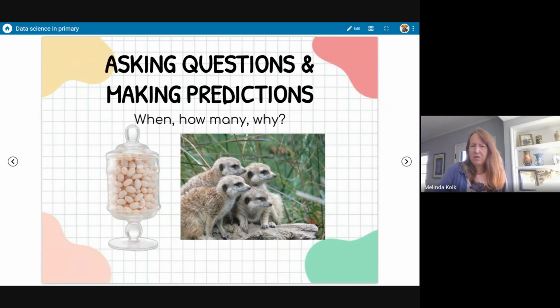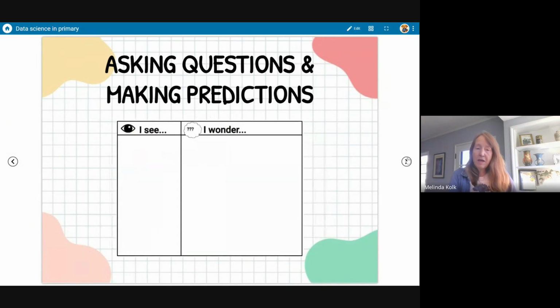But my biggest question is, what are they looking at? Are they all looking at the same thing? What has their attention? And so we're sort of doing an I see, I wonder, and hopefully, again, when kids are filling out that I see, I wonder, they can formulate those questions. With the younger ones, maybe we're not doing this individually where they're writing on that, because it might take too much time. And if they're just emerging writers, they may not be capable of that.